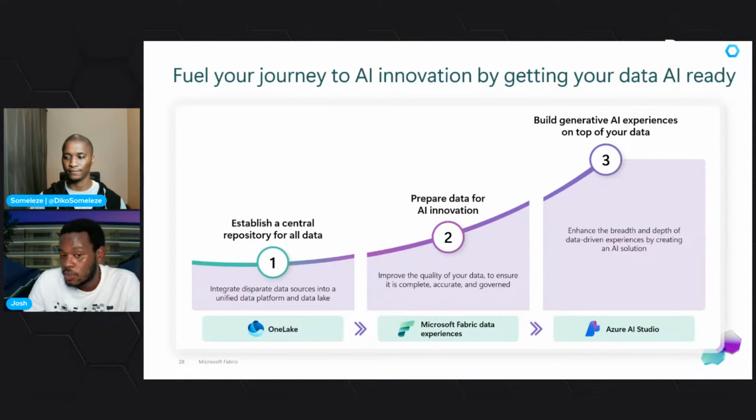But remember, the first 2 steps are the most crucial. Centralizing your data and preparing it for AI are very, very much essential to ensure that your AI models are accurate and actually dependable. Now,